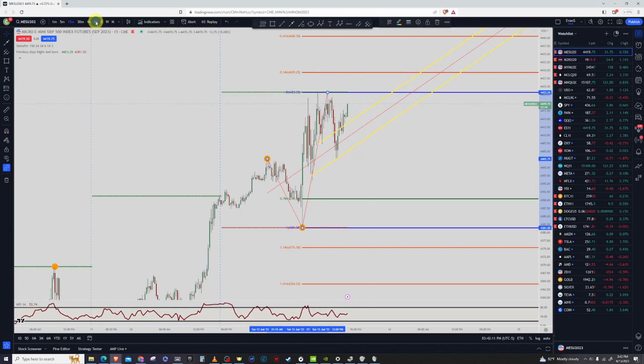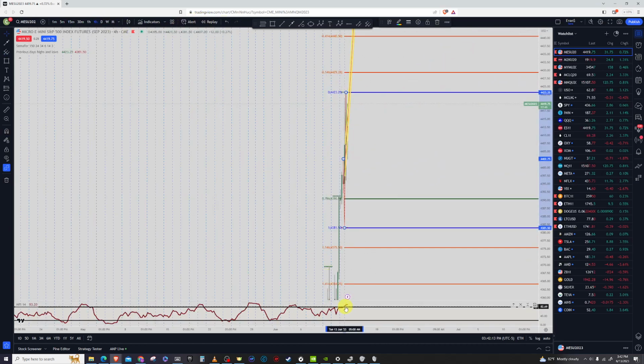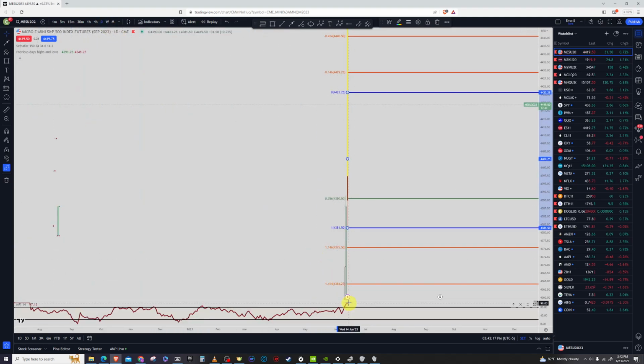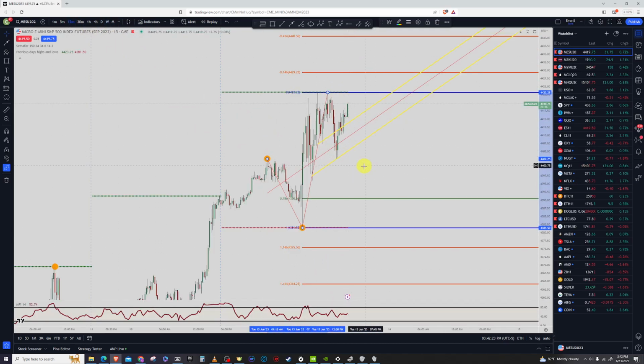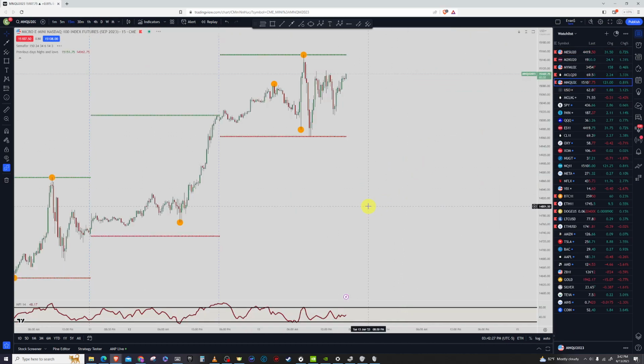All right, go to the MFI. Look at the MFI. The 4-hour chart is completely overbought right now, and the daily chart is completely overbought as well. And then the weekly chart, completely overbought. So the S&P 500 market is extremely overbought right now, but just like most of the markets,